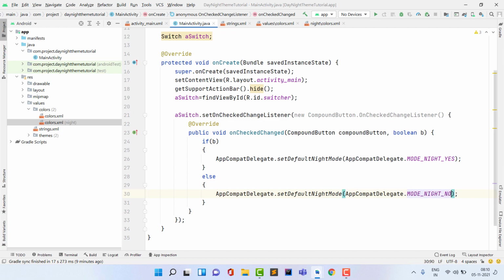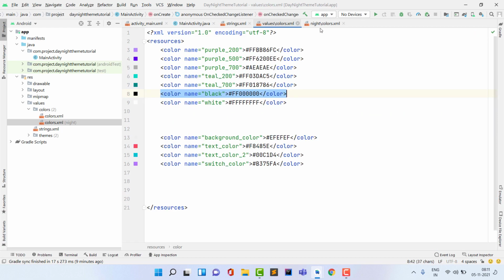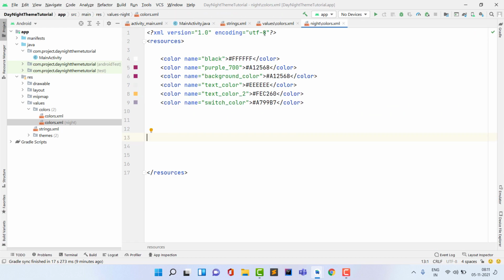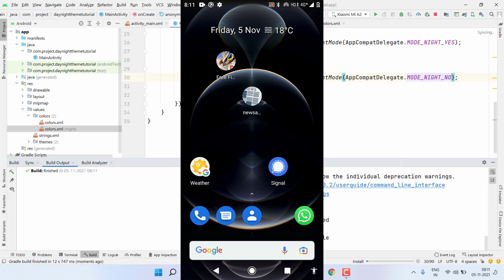So you can see our application is ready, and I made a dark and light theme application using only colors. This is a very super easy solution. Now let's check whether the app is working or not. I press the run button and Gradle will start building. Gradle build successful and it is going to install the application on our phone.